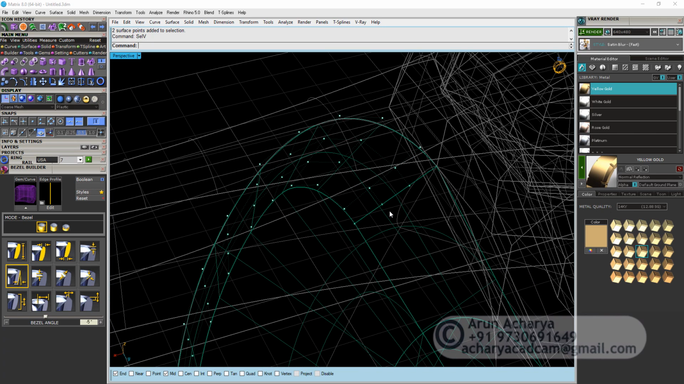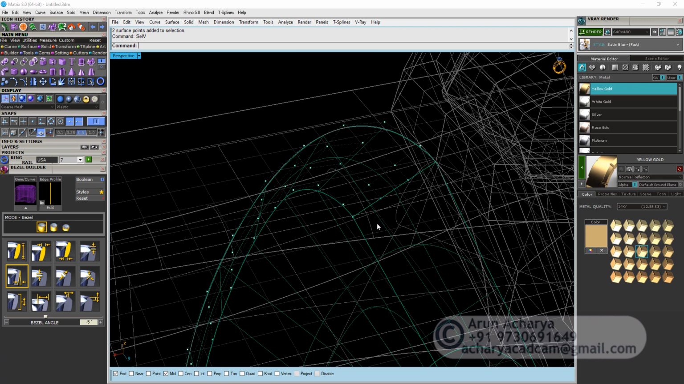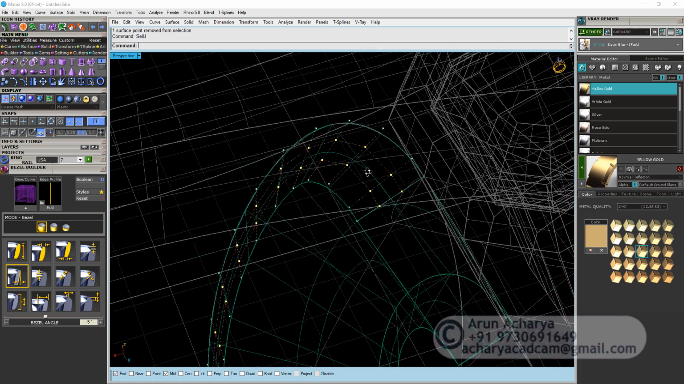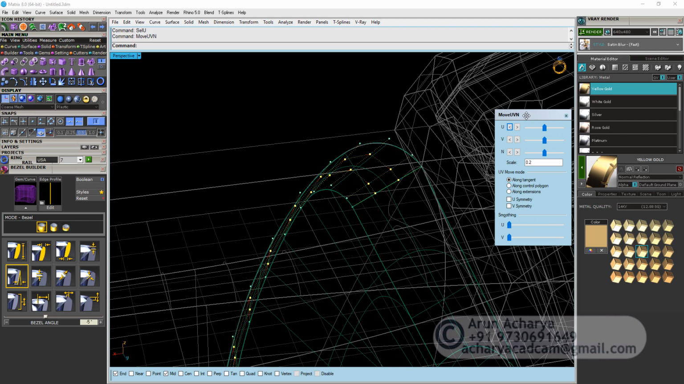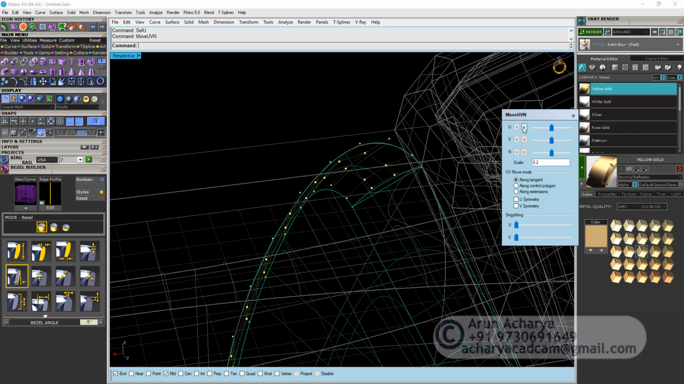Okay, or we need to select these 2 complete rows. So I'm going to try again with SelU. Okay, so SelU, enter. Okay, that's what I want exactly. And now I'm going to type MoveUVN. Okay, and here I'm going to go like boom